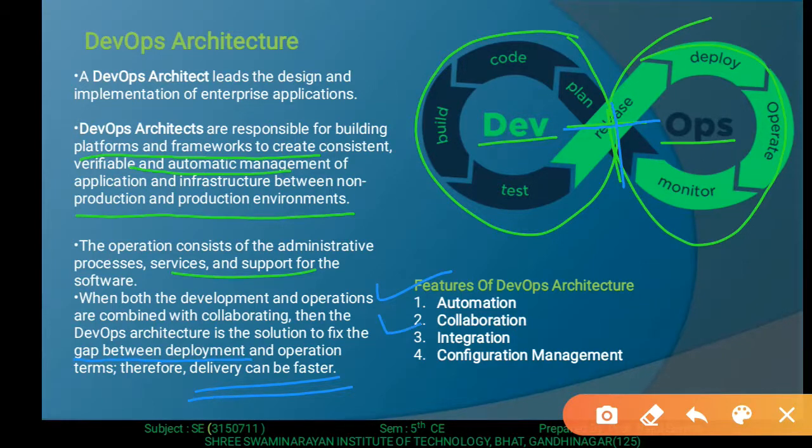Then the second thing is collaboration. When the development and operation teams collaborate together, the DevOps team improves the cultural model. As a team becomes more effective with productivity, which strengthens accountability properly, it improves the productivity. The team shares the responsibility and works closely in a synchronized manner, which turns the deployment to production faster.